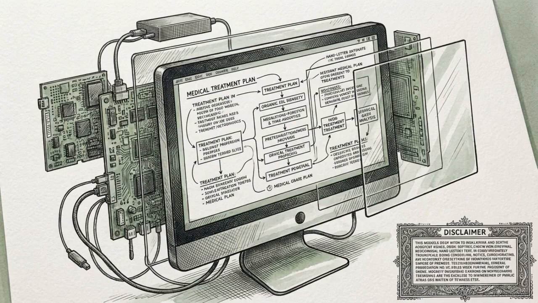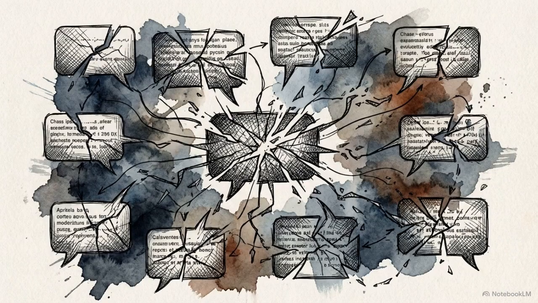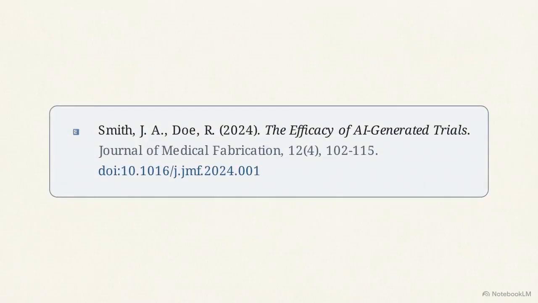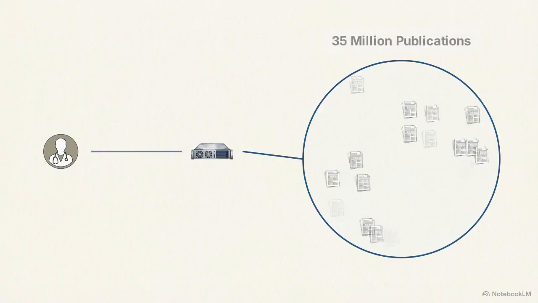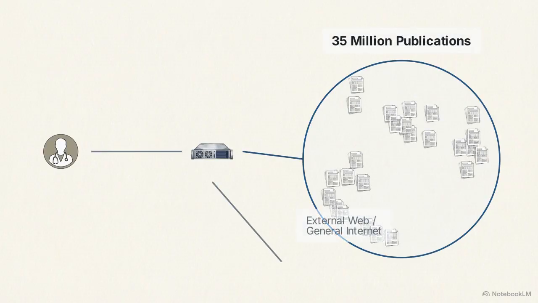However, shifting that search to an AI engine introduces systemic risks that remain invisible during patient care. General-purpose large language models have a documented safety issue in healthcare. They hallucinate. They often create medical citations that look authentic but do not actually exist. OpenEvidence addresses this through Retrieval Augmented Generation, or RAG. RAG is a technical framework that forces an AI to answer questions using only a specific set of documents, rather than its internal training data.